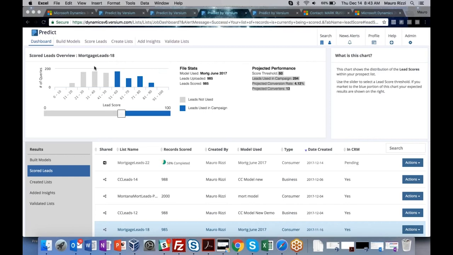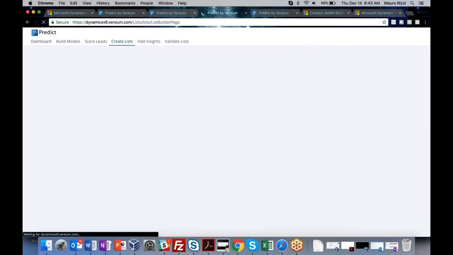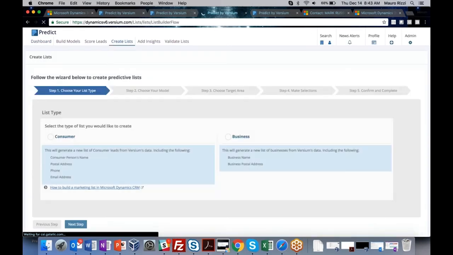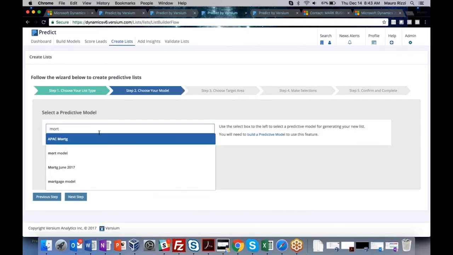Well, since Versium has a lot of data on the back end, we have included a very peculiar and important feature within Predict, which is the ability to find those leads, in my case in Montana, match them against my predictive model, and save them as a brand new list within the CRM. To do that, we have this feature called Create List,